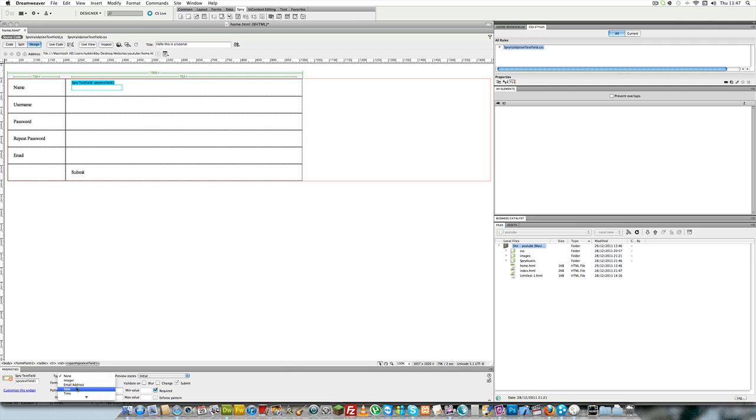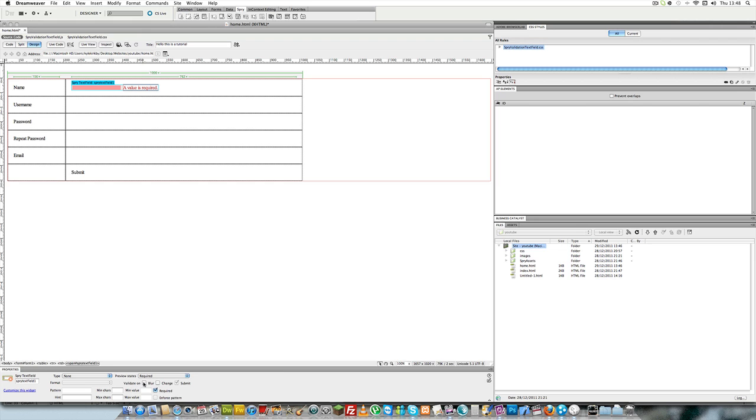You can have an integer, email address, date, time, credit, zip code, phone number, social security number, currency, real numbers, scientific notation, IP address, URL, or custom. But we're just going to have none, and we can. The preview states is we require a name. Sorry, so we're going to put required,